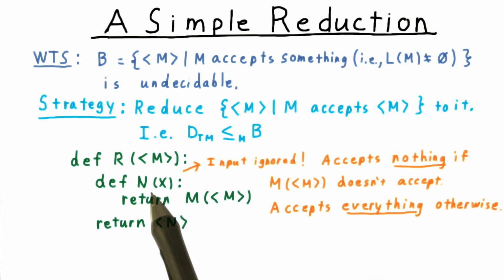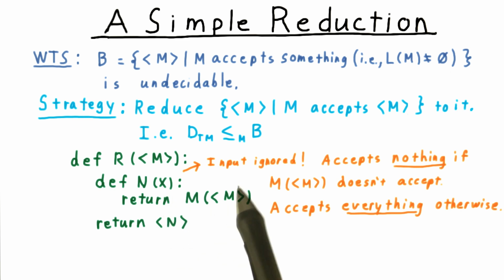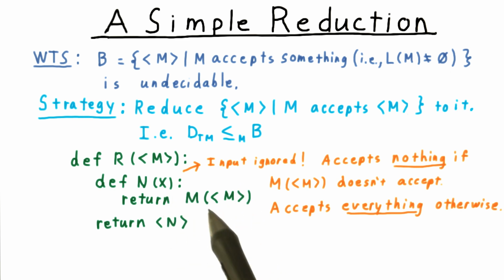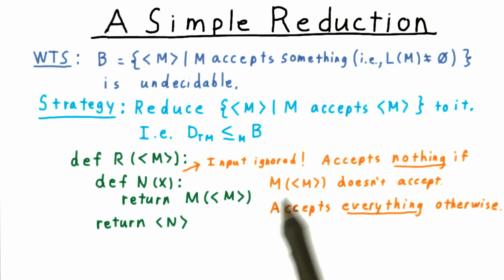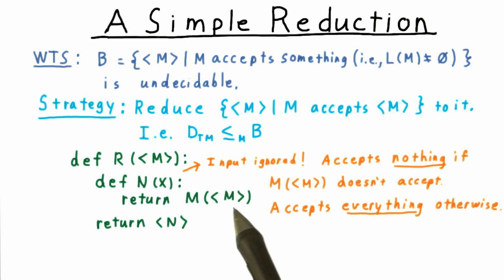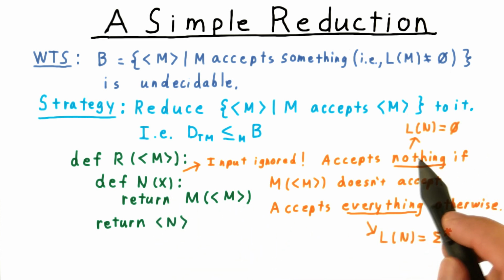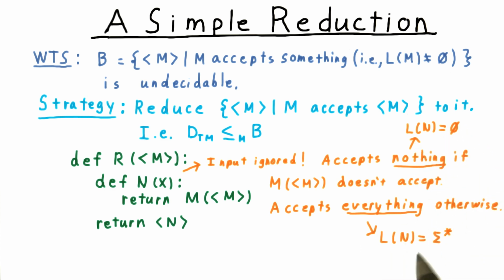Note here that in this example, N totally ignores the actual input given to it. It just runs M on its own description and does whatever that computation does. Hence, N is either going to be a machine that accepts nothing if M doesn't accept its own description, either by looping or rejecting, or if M does accept its own description, then N is going to accept everything. In the one case, the language of N will be the empty set, and in the other case, it will